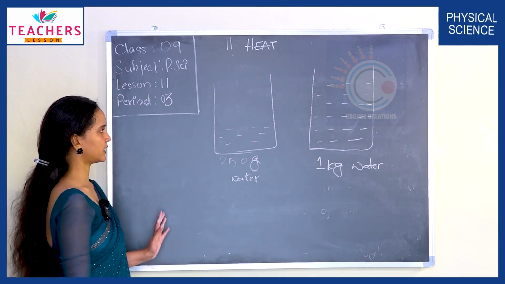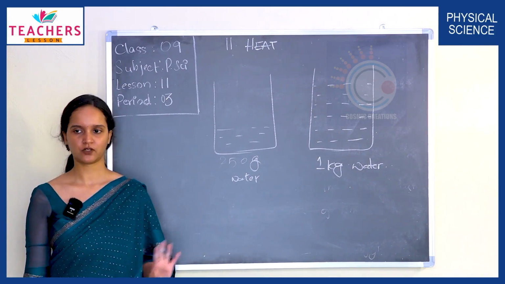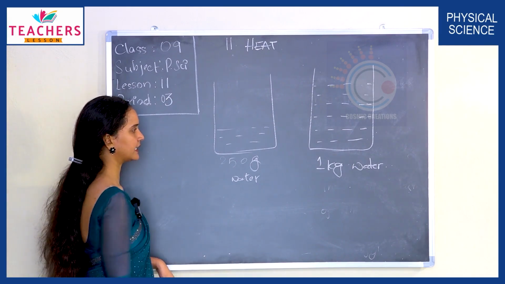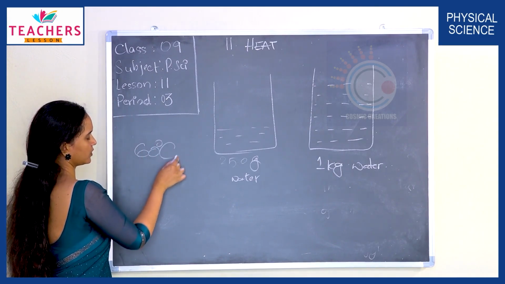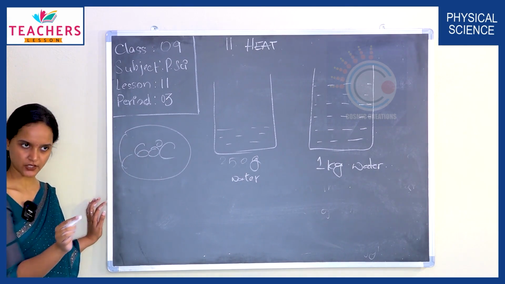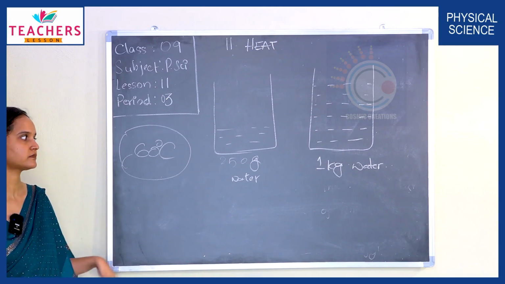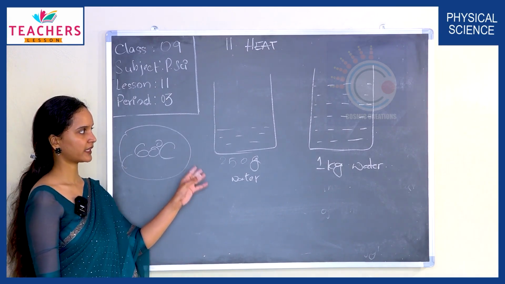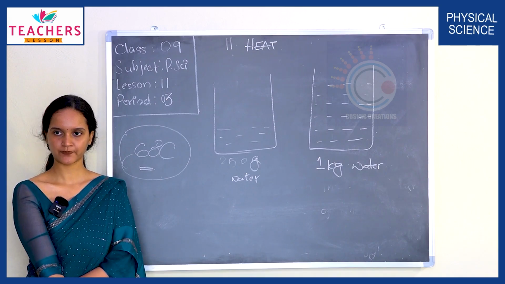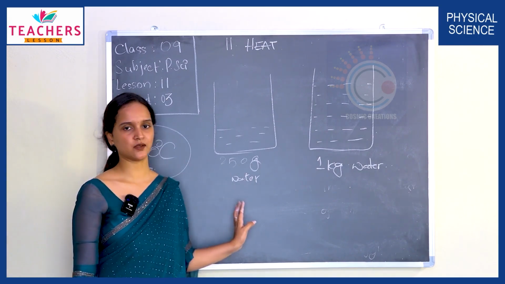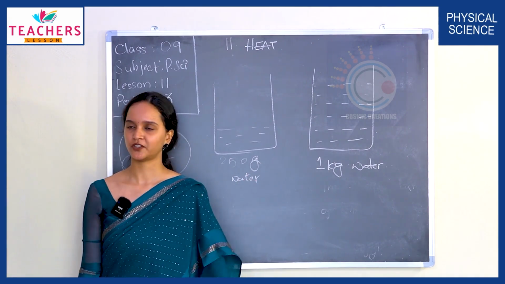Okay. So let's take two beakers. One is filled with 250 grams of water and the other is filled with 1 kg of water. Now we want to heat them so that the water in both beakers measures 60 degrees Celsius. So until the temperature is raised to 60 degrees Celsius, I want to heat these beakers of water. What do you observe? Which will reach this temperature faster? Yes, the beaker with 250 grams of water will reach this temperature faster when compared to 1 kg of water, right?